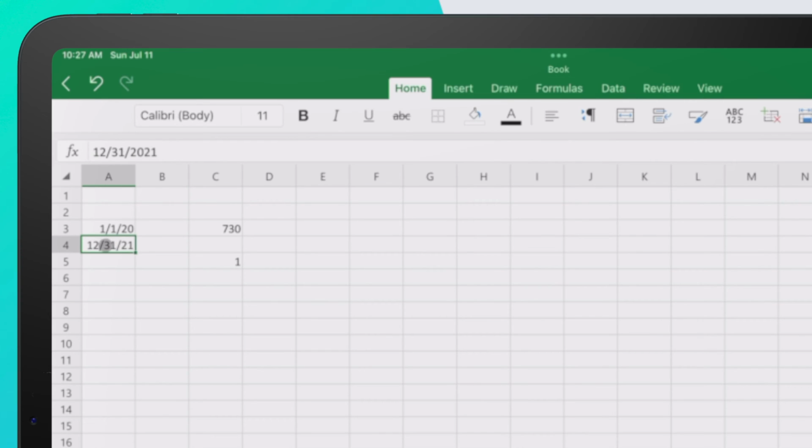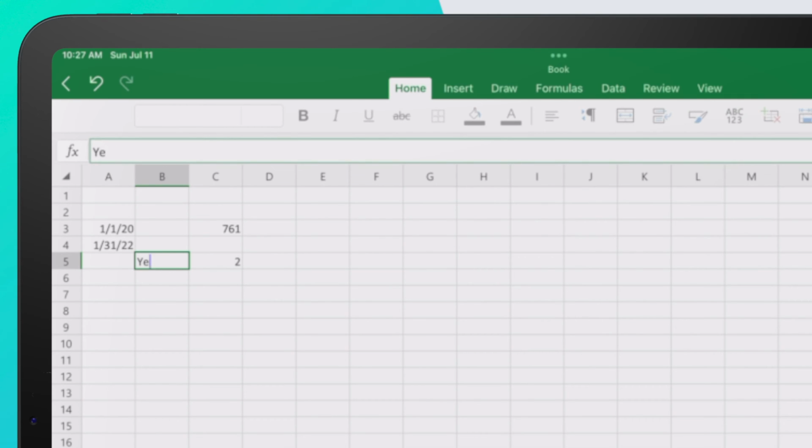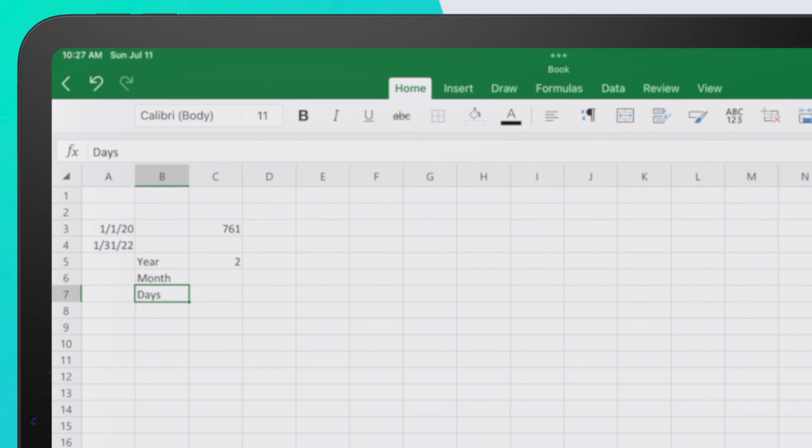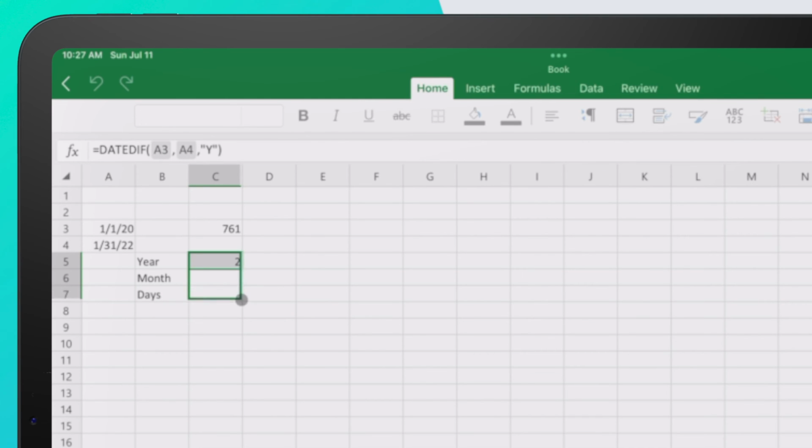So if I change the date here, for example, to 01/31/2022, you'll have 2 years. You see how smart it is? It's very nice. Now check this out. This is if I want to use year. What if I want to use month? And what if I want days? So all I have to do is drag this down,